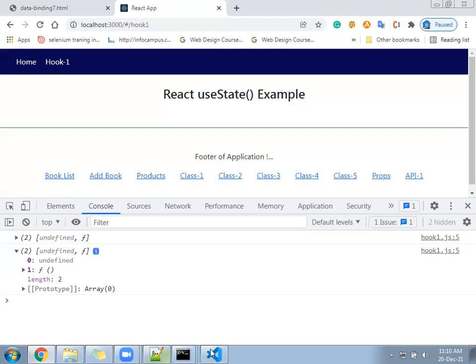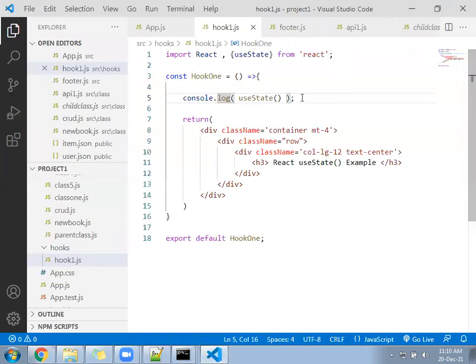So now I am going to write a line, a const. The use state has given 2 values. First one was the variable and second one was the function. The variable was coming undefined because it was not available.